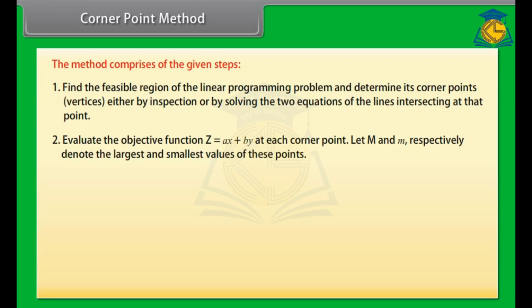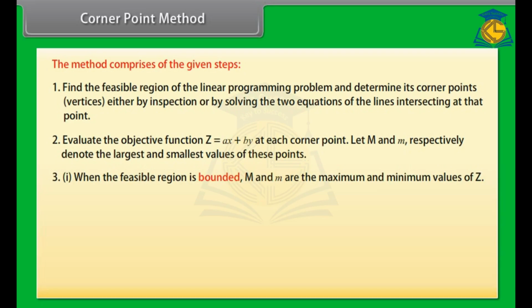Let M and m respectively denote the largest and smallest values of Z at these points. 1. When the feasible region is bounded, M and m are the maximum and minimum values of Z. 2. In case the feasible region is unbounded, we have: